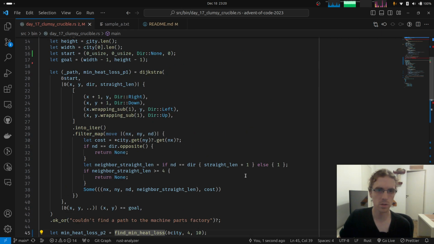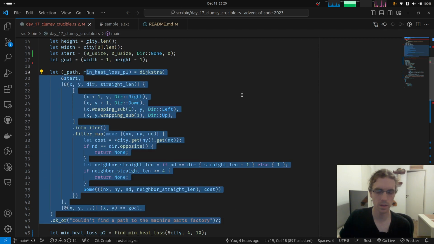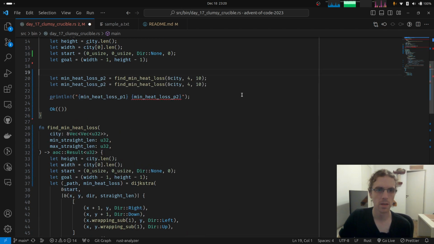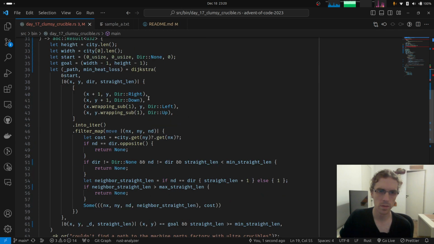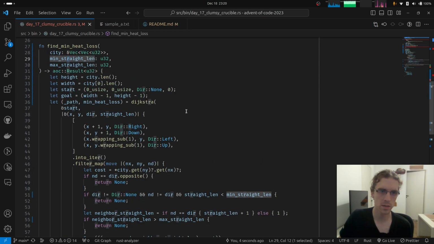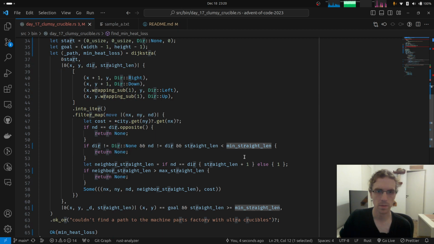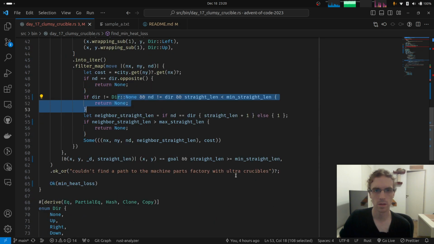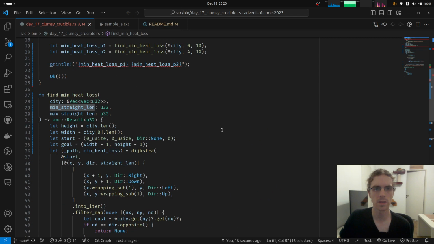And then I'm just going to remove part 1, assume that this thing will take care of it, and say min heat loss for part 1 is going to be same idea. Should I say 0 or 1 here? I'm not sure. I'm going to go with 0 because, let's see, min straight length, it's never going to be less than 0, so this condition is not going to be met, and this is always going to be greater or equal to 0, so yeah, it seems fine.